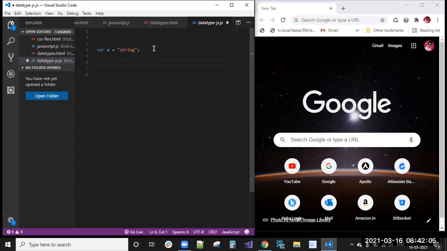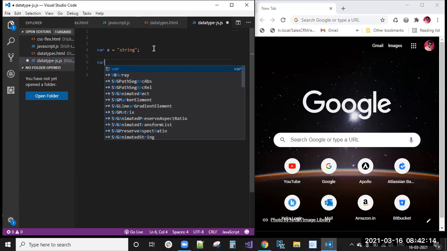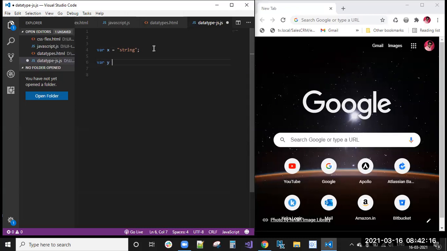Next. And this is a string, right? I want to concatenate it with another string. We already saw string concatenation. Where y, I have one more string, that is another string.